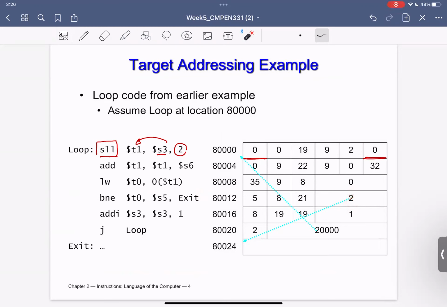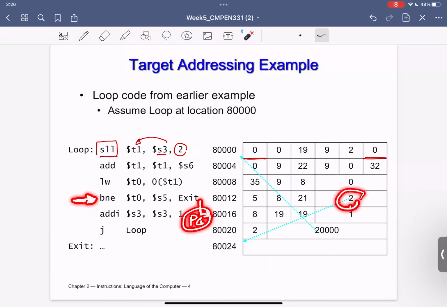So what is the program counter? Program counter is always, by default, pointing to the next instruction to be executed. So as soon as I am here, my program counter actually is pointing here because this is the next instruction to be executed. And if I'm pointing to the next instruction to be executed, I have to refer to that by the 2.